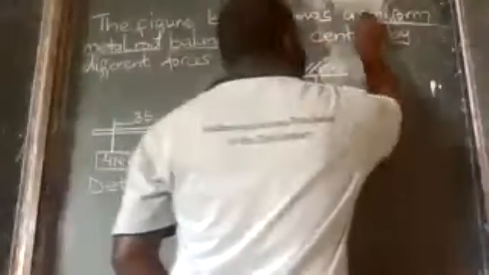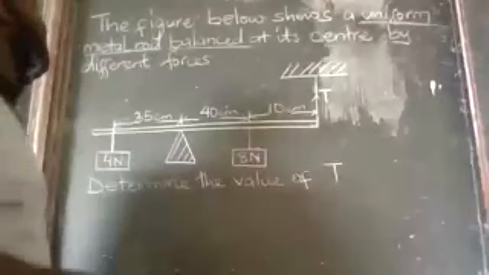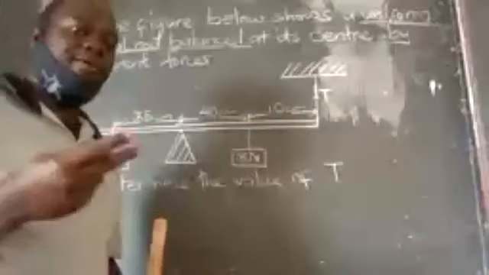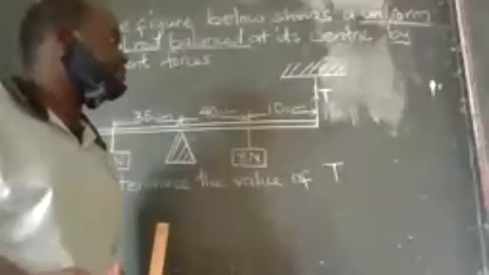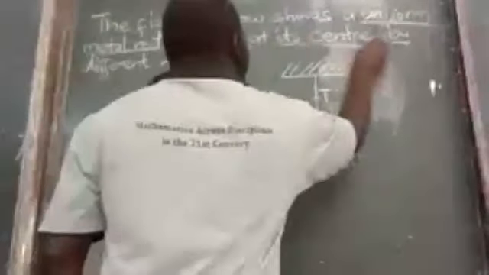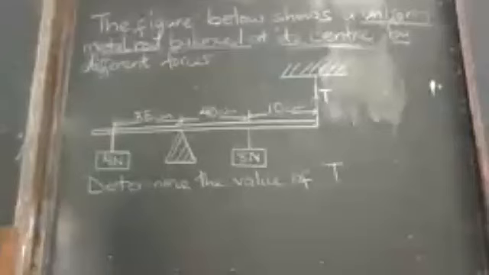Okay, the first one is a uniform meter rod. The first keyword is "uniform meter rod" because it implies a lot about the solution you're going to give. Then "balanced" means it is in equilibrium. So the two conditions for a body to be in equilibrium stand. What else? And it's balanced at its center by different forces. The word center also implies a lot from our previous discussions of the center of gravity of a uniform